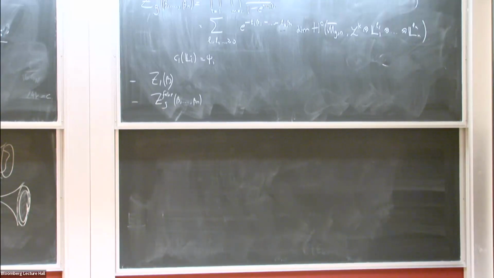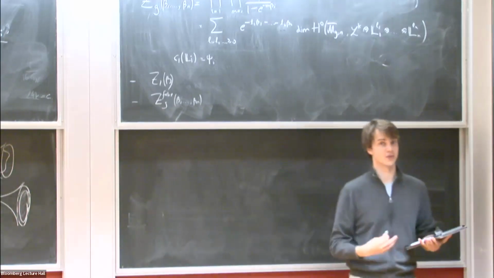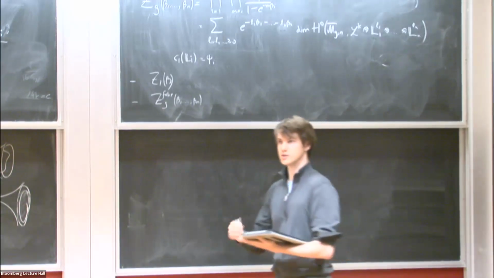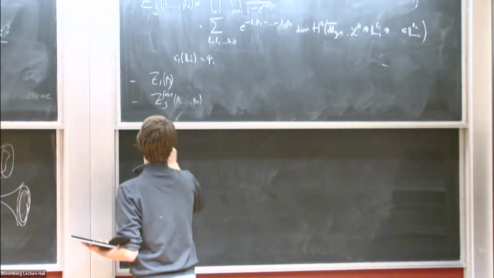And for JT gravity, we're very familiar with this again, because it's just the loop equations of the dual matrix model that recursively define the partition function. So there is a topological recursion